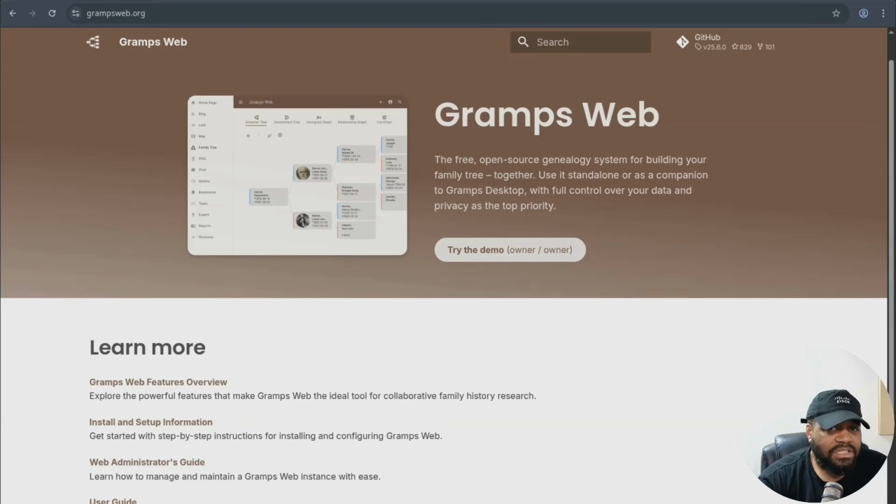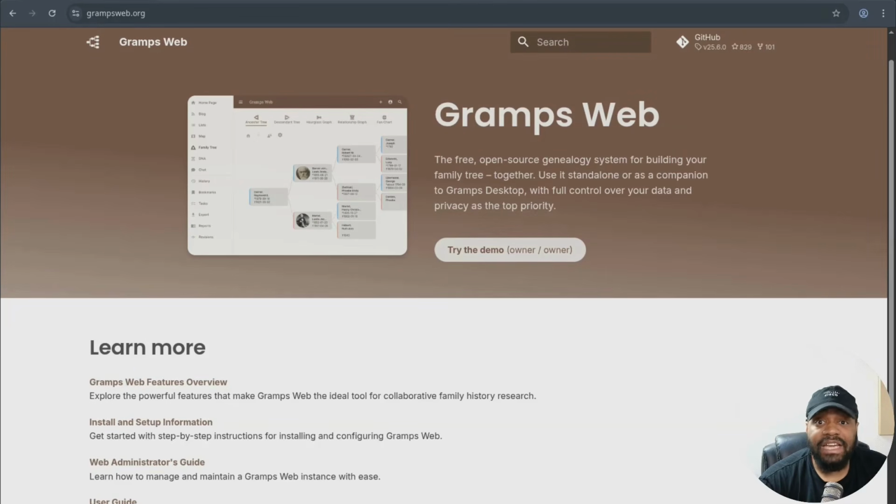Now, Gramps originally started as a desktop application. The devs decided to create what they call Gramps Web. I'm at grampsweb.org, so you guys can check it out. I'll have the link down in the description of the video. That way you can check out all the information about Gramps Web. Gramps Web lets you host in a browser for easier access and sharing. We're not all in the same city nowadays, and so it's easier to have some type of web application so multiple people can work on your genealogical background